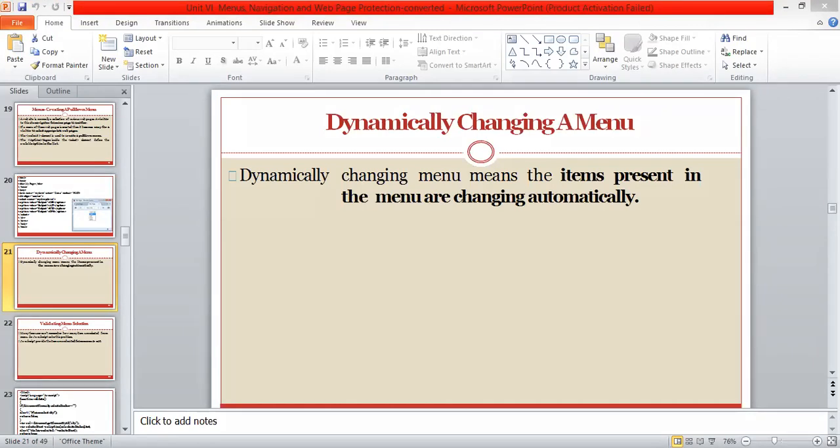For that, HTML, then head tag, then we'll be writing a script, closing of the script. Then closing of the head tag.